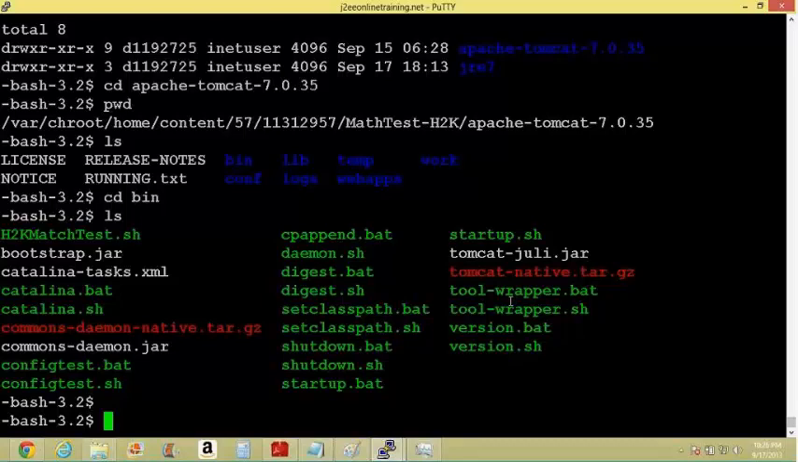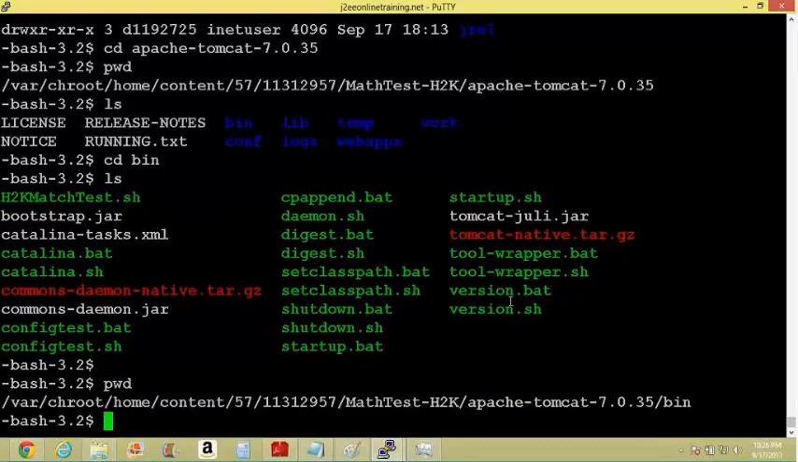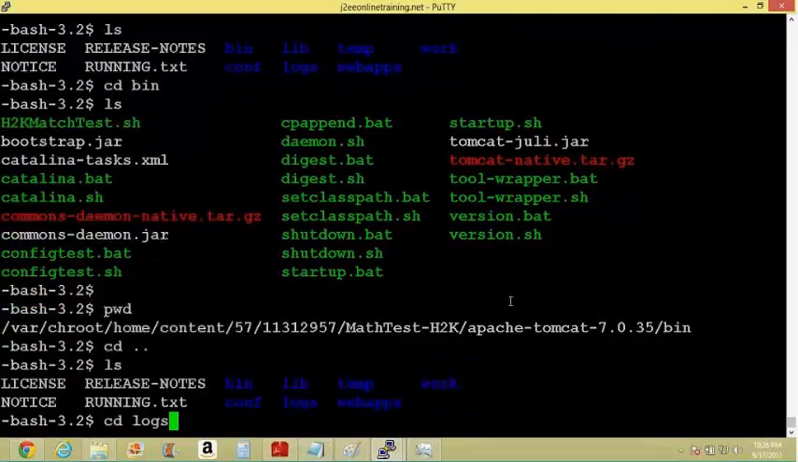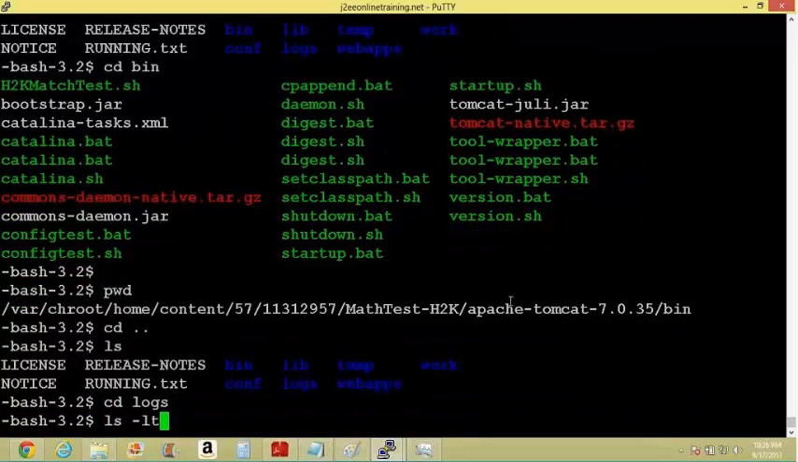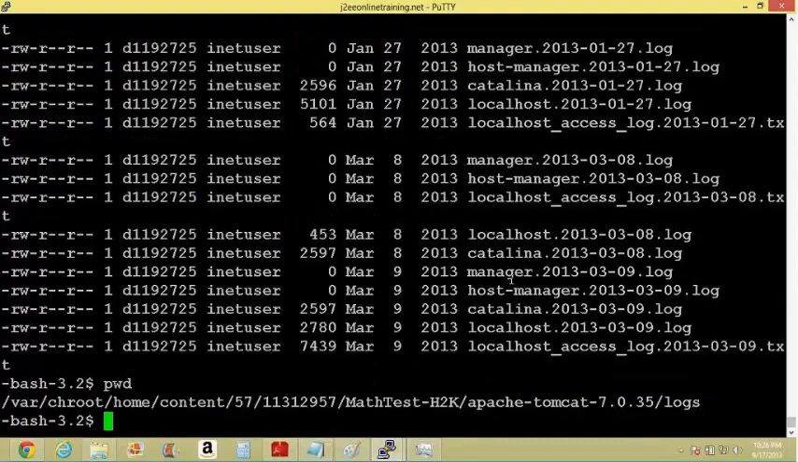So let me see from that again. Logs. So what happens? Let's say if you start the server and there are a lot of log files here. See here on my Tomcat server, the log folder. There is a log folder, logs folder. On this log folder,